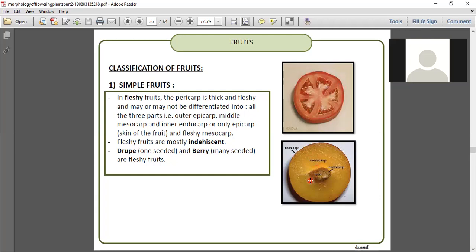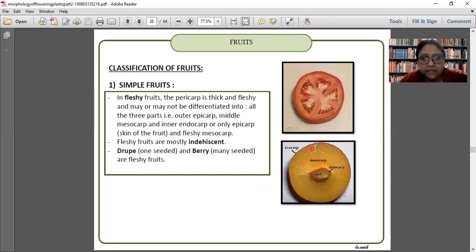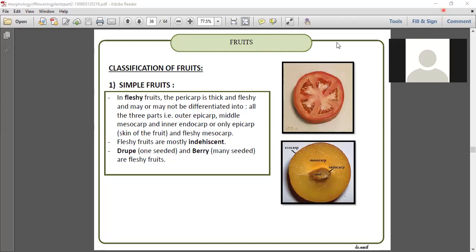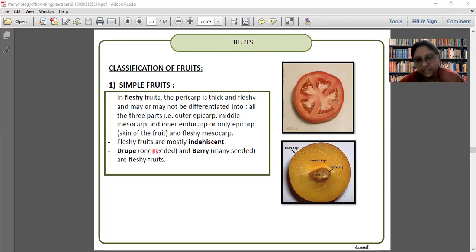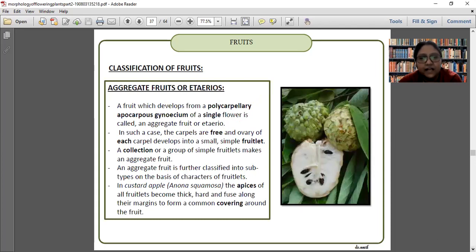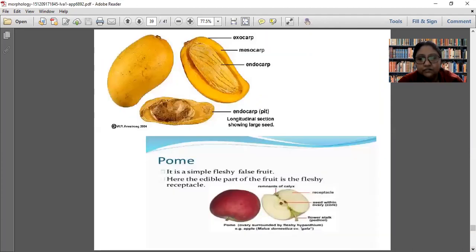They can be further subdivided into drupe. For example, if you can see, this is example of a drupe where single seed is there, and berry. Berry are fruits where more than one seed is there. So tomato is a berry. Can you give me example of a drupe class where single seed is there at the middle part? बोलो, हम सभी खाते हैं वो fruit. Fleshy fruit with single seed. Class. Simple बेटा बोलो.